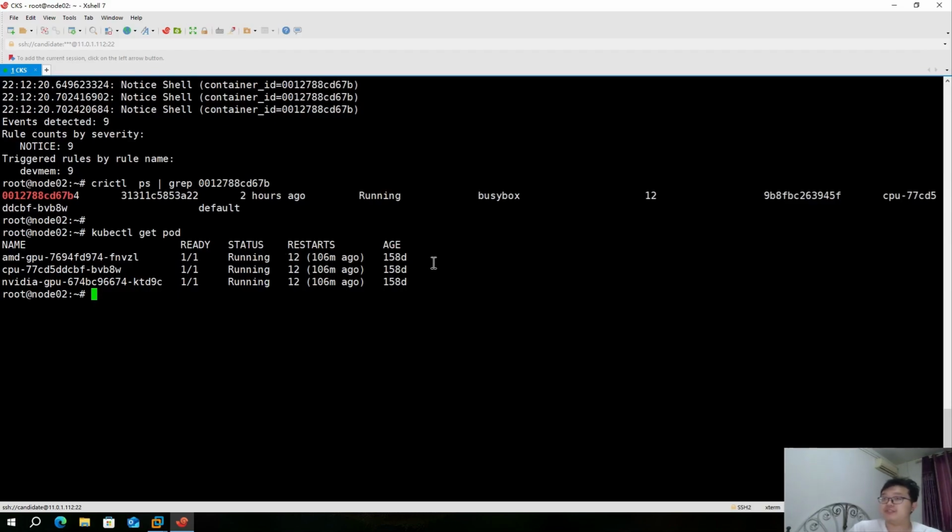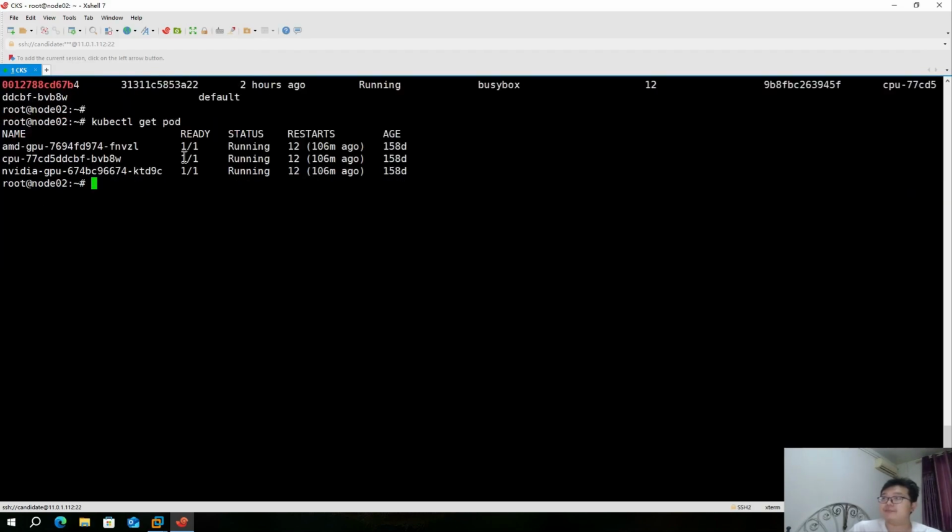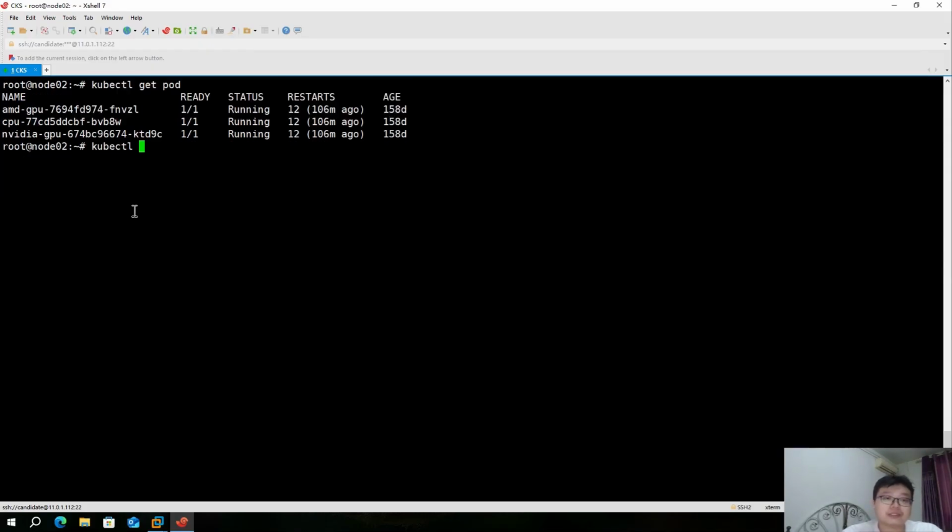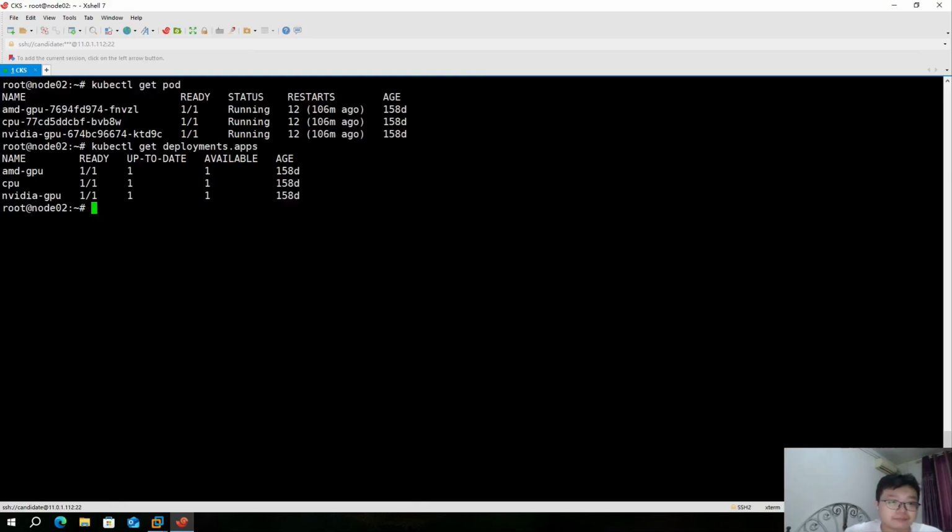Who is it called? It's called CPU 77, right? Here, that's the second one, right? So the second one has a problem. Since there's a problem, we can just get rid of it, take it out. What's its name? As for the deployment name, it's actually very simple. It's just called CPU. So we'll take this CPU and